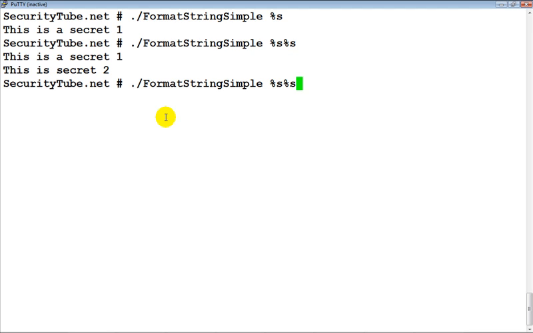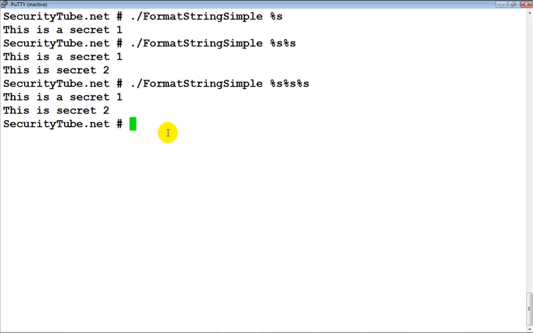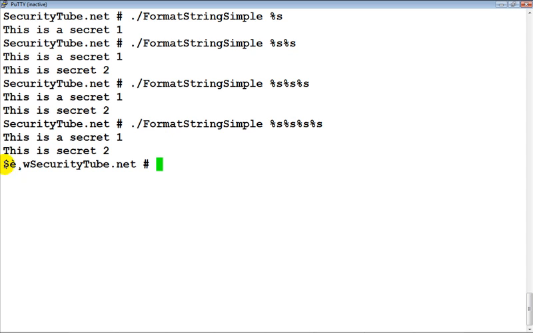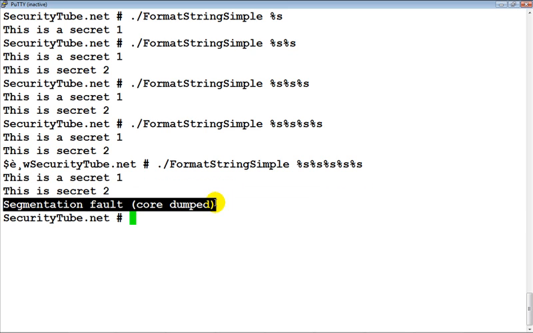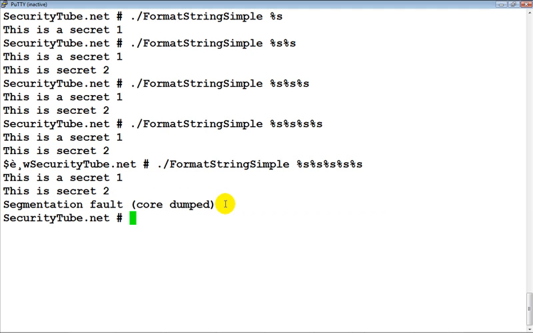Now what would happen if we give a third percent s? If you notice, nothing really happened. Let's give a fourth percent s. If you notice, a little bit of garbage was printed. Let's give another percent s. Now we managed to crash the process. There was a segmentation fault and core was dumped. So okay, fine, we've managed to crash the process, but the question really arises,